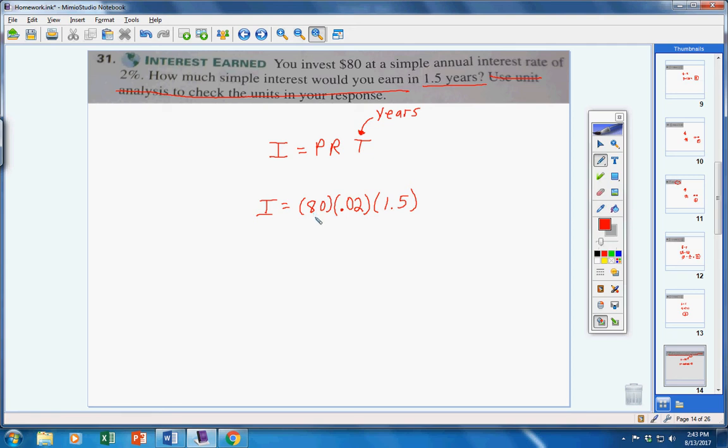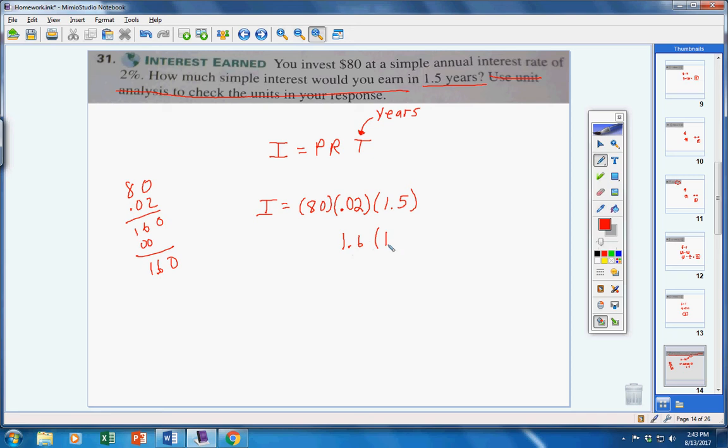80 times .02 would give you, would it be 1.6? Let's see. 0, 16, 0, 0, 160, 12, 1.6. Alright? So 80 times .02 is